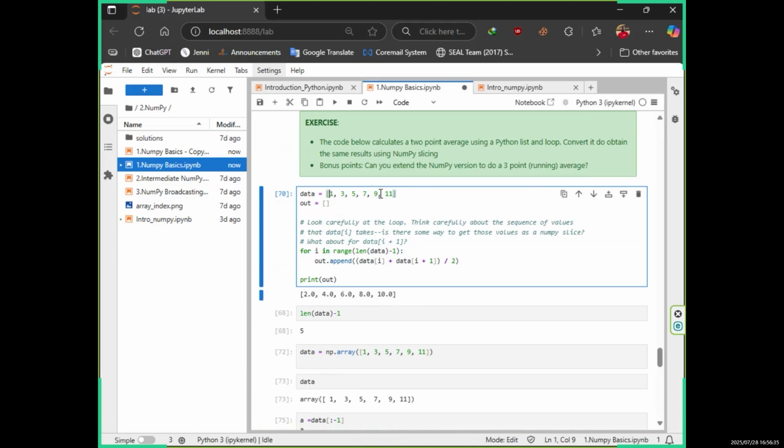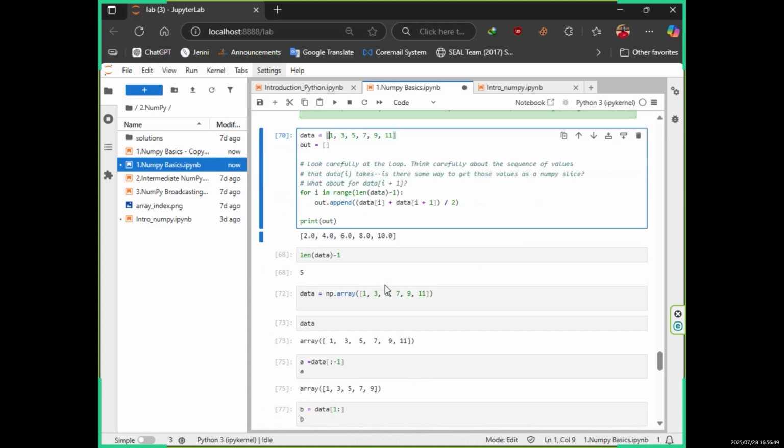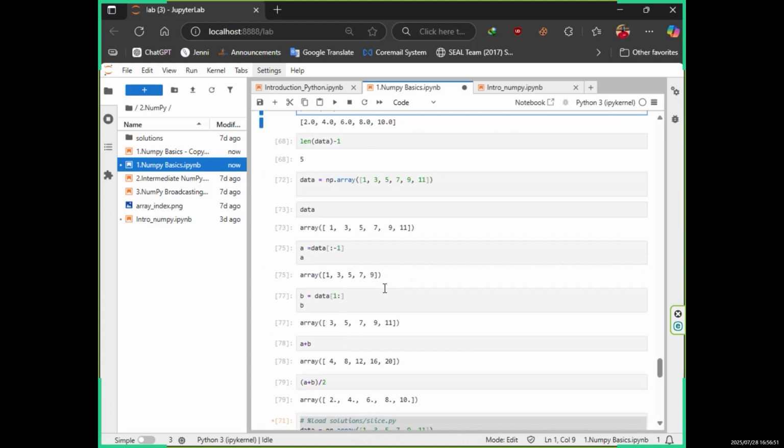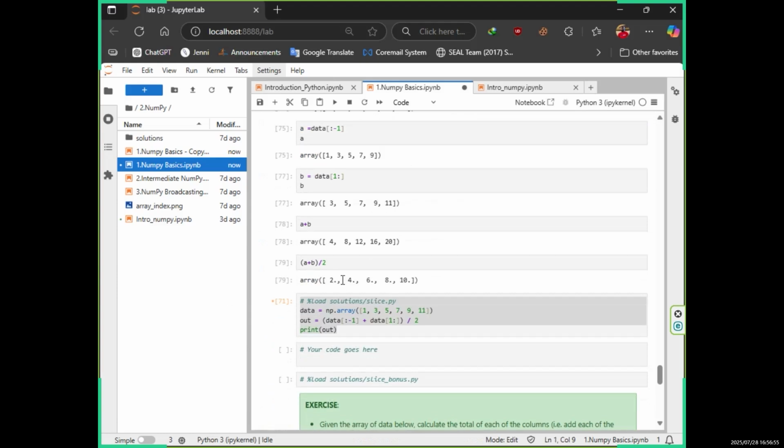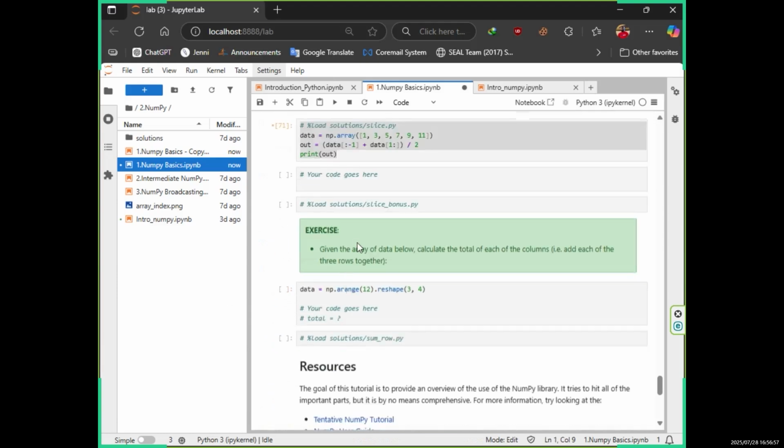Or just imagine precipitation values, but you need to calculate the moving average and fill the empty values. So how can you do it? You can use the NumPy library for that kind of task, because this one will take some time, but NumPy will not take that much time because of the vectorization built into NumPy. And then the next one,